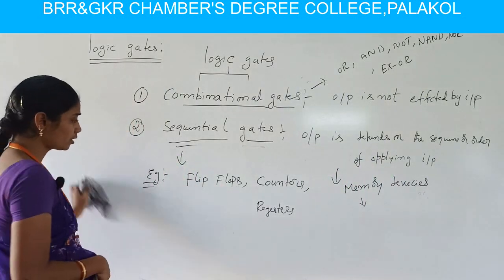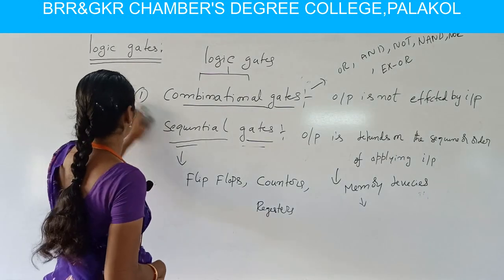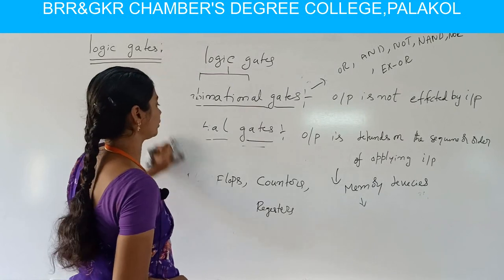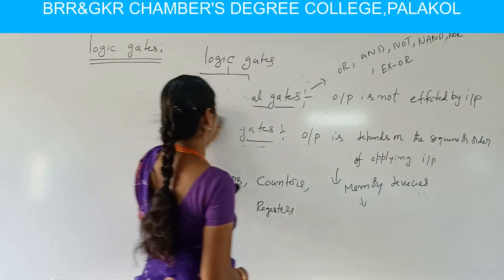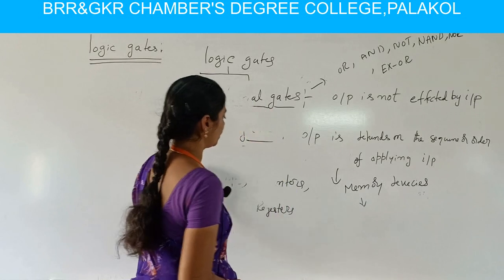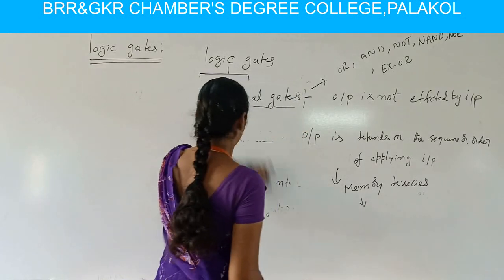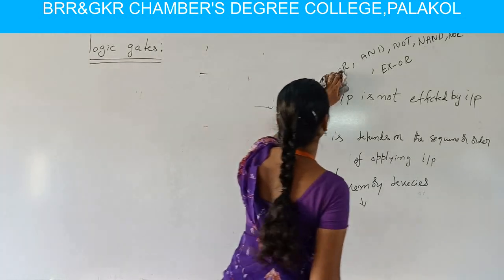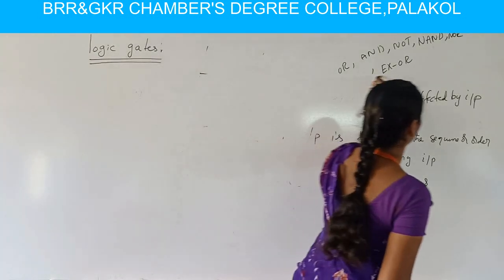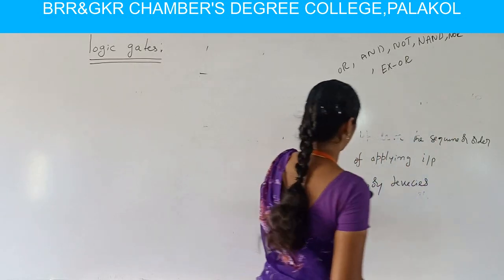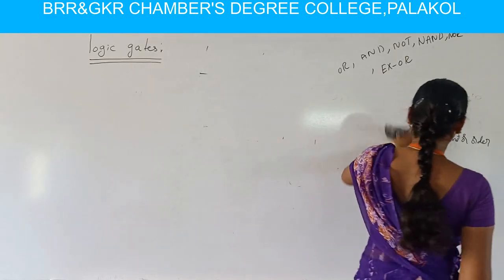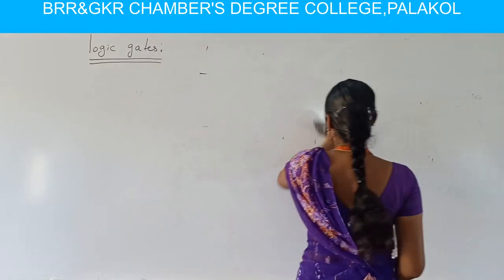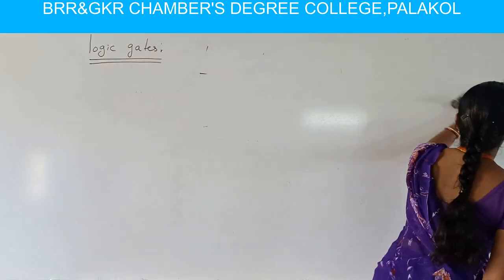Okay, so our topic is logic gates. Logic gates are circuits which are used to process digital signals. We have the fundamental logic gates, the main gates, which are OR, AND and NOT. These are said to be logic gates. Here the logic gates are constructed by using binary numbers. We know about binary numbers.